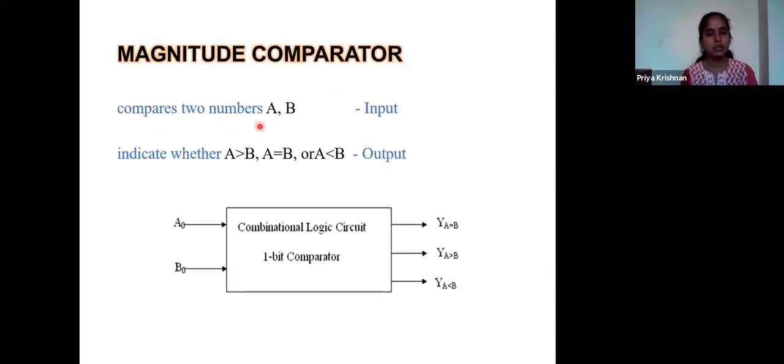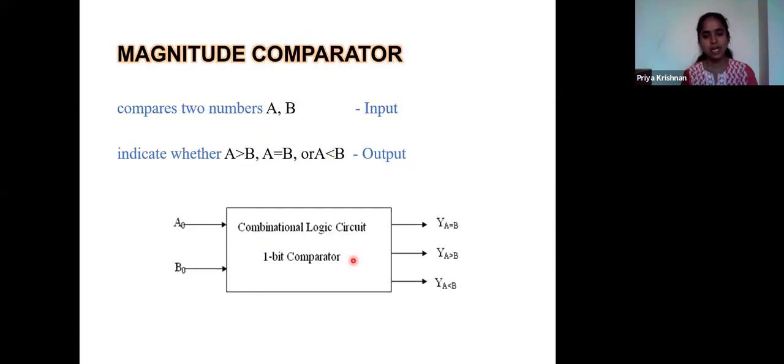So what are we going to compare? Two inputs, A and B. If I compare, I'll get a result that both are equal: A and B are equal, like LG and Whirlpool designs being equal. Or else I may end up with A is greater than B, or B is greater than A. So these two go as my inputs and these three go as my outputs.